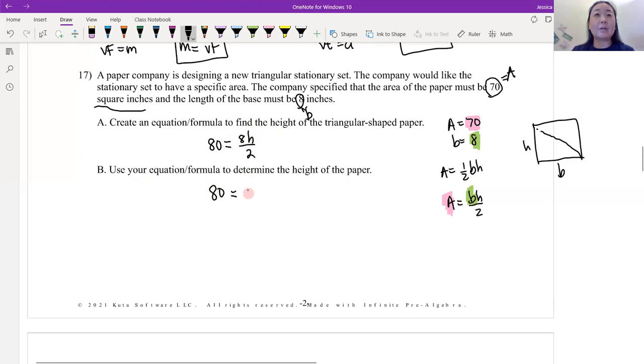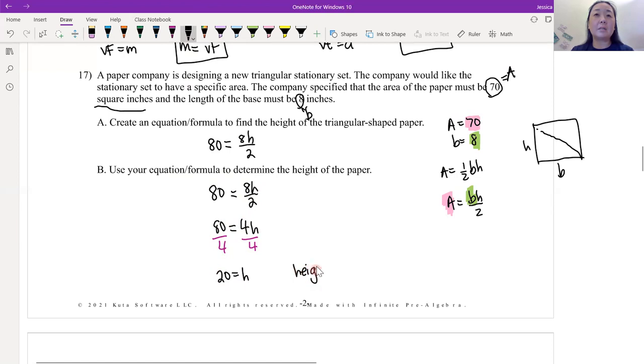And then it's going to be 8H over 2. Now let's simplify. Instead of multiplying both sides by 2, let's just, because 2 goes into 8, right? So 80 is equal to 2 goes into 8 4 times H. And then we're just going to divide by 4. So that's going to be 20 equals H. In other words,